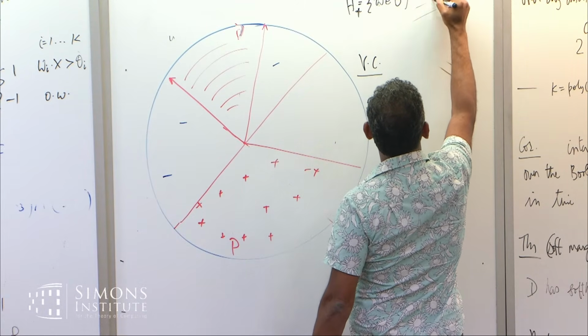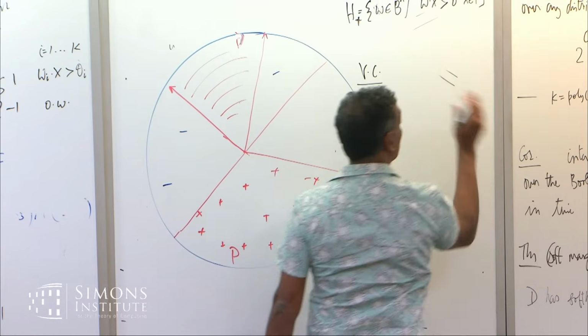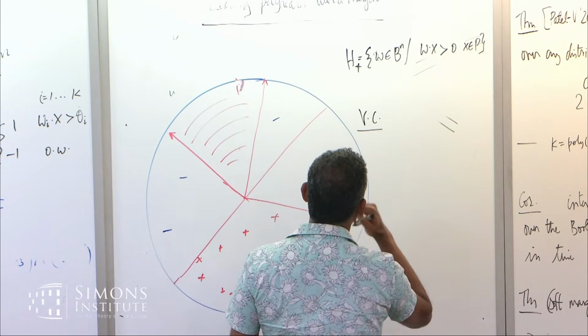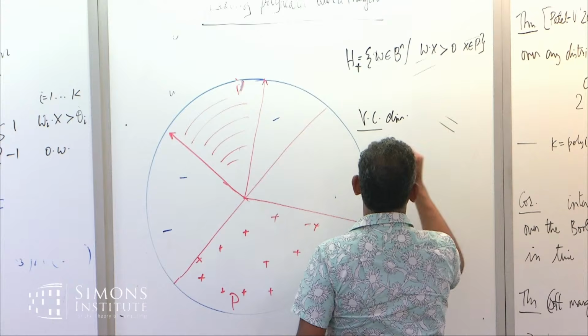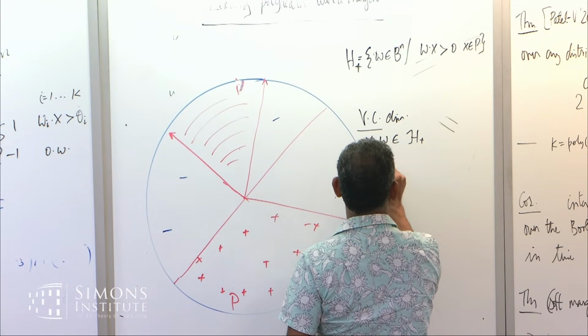So that w dot x is greater than 0 for x in positives. Okay? This is some set. This exists because by the thing. And by VC dimension, for any w in H plus, we're going to have the property that the probability that